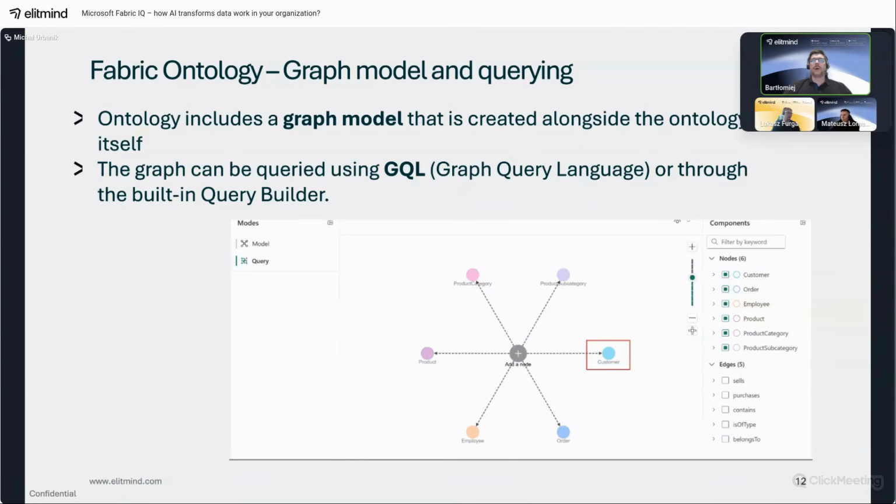They are both named for the purpose of business understanding, but they are also used by the Fabric data agent to transform the natural language that we use to talk to the agent into the low-level language that the agent uses to query the data.